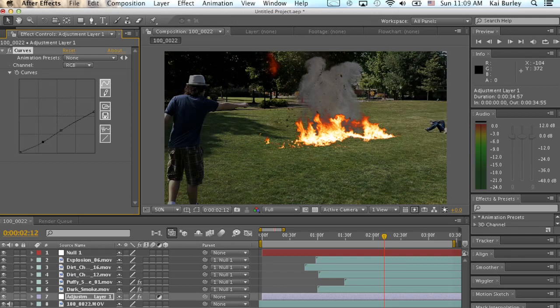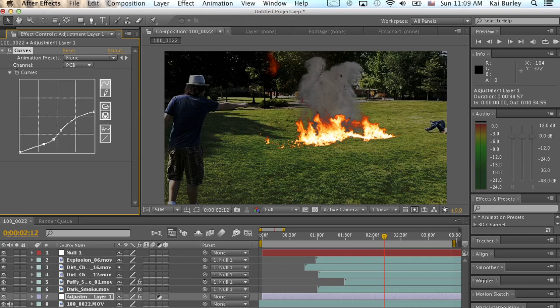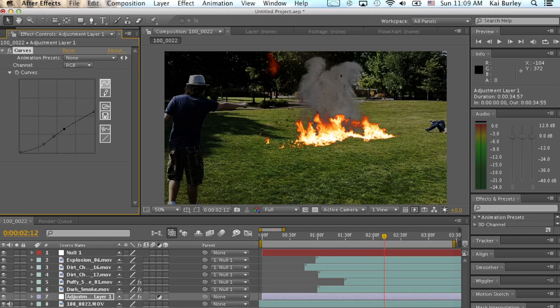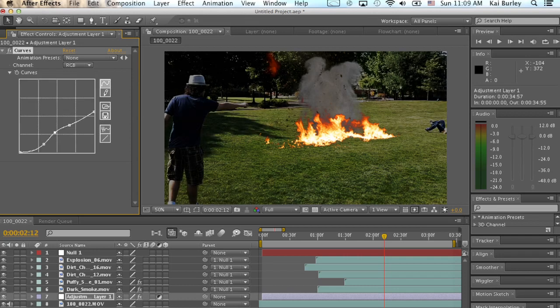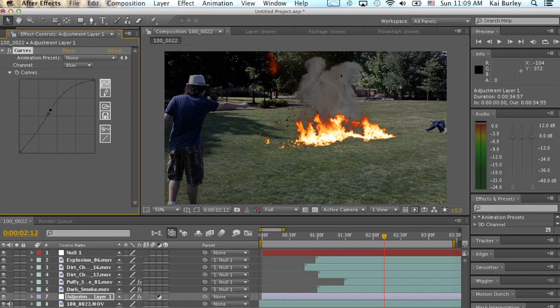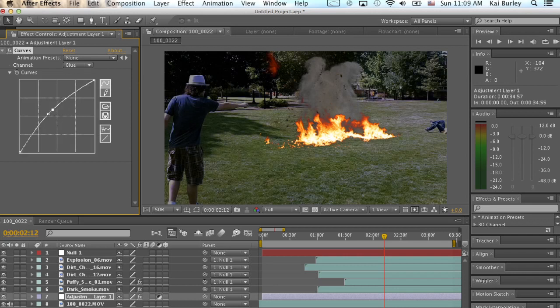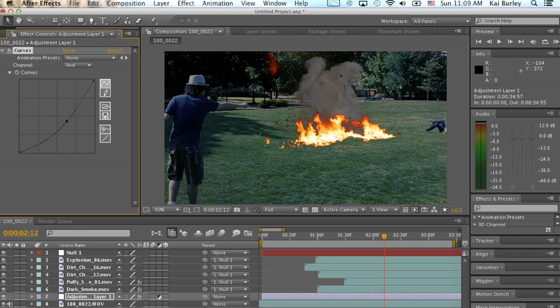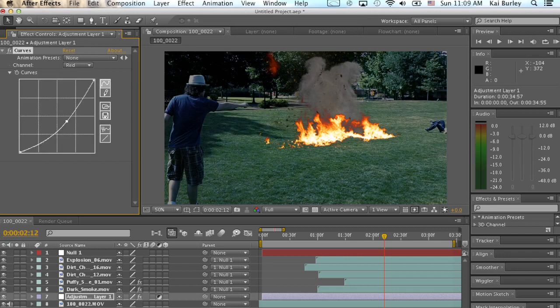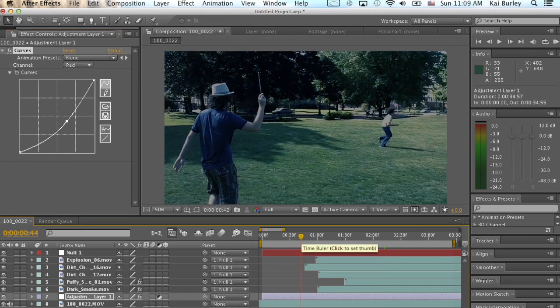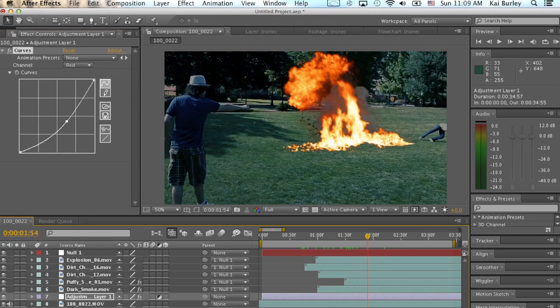I'm going to drop this down and just bring everything down a little bit. Well, this is kind of a lot, but we're going to make it like that. You know, pop up some blue in here. We're going to bring down the red just a little bit. Now that's looking pretty good. It's kind of nightimey, or just a little bit more Harry Pottery, and the fire pops out a little bit more. But because it's dark,